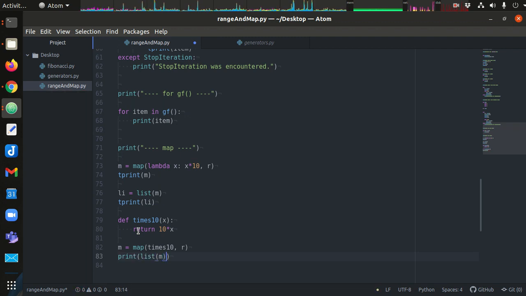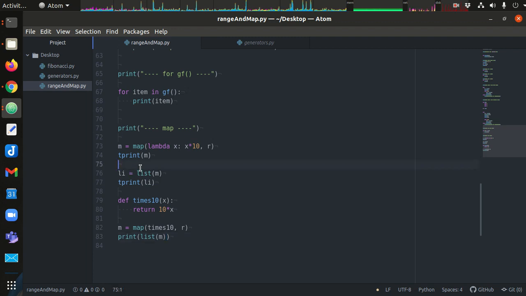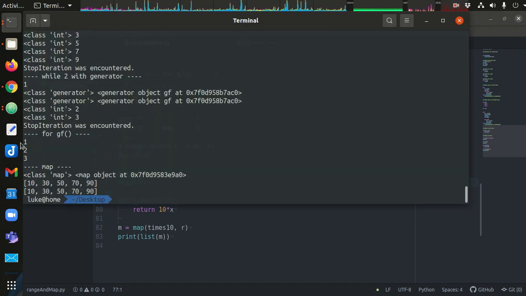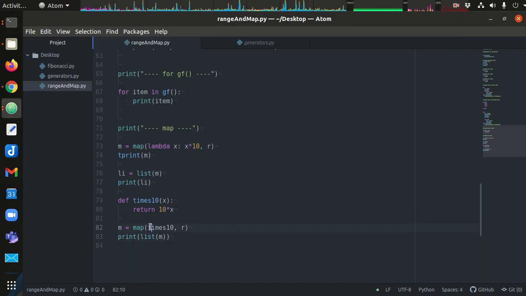Let's do that here. And we should get the same result that we got up here. You don't really need a t print there. We know it's a list. All right, so we should get the same lists. Okay, so this is just a function. You can define it somewhere else. You can define it above, but if it's a small function, you can just define it inline with lambda x,